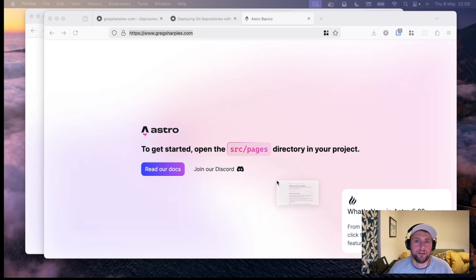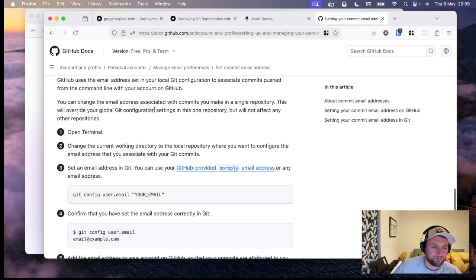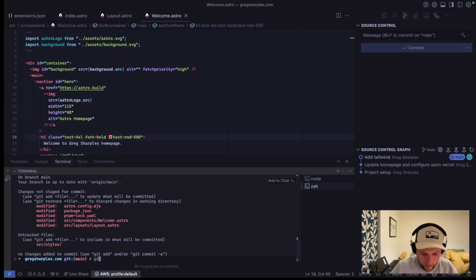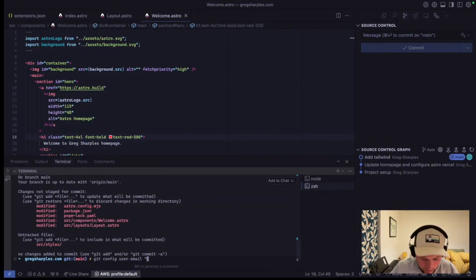So I'll show you what I'm reading here. So this is what we need to do. I need to set it to my email address. So git config user.email. And then